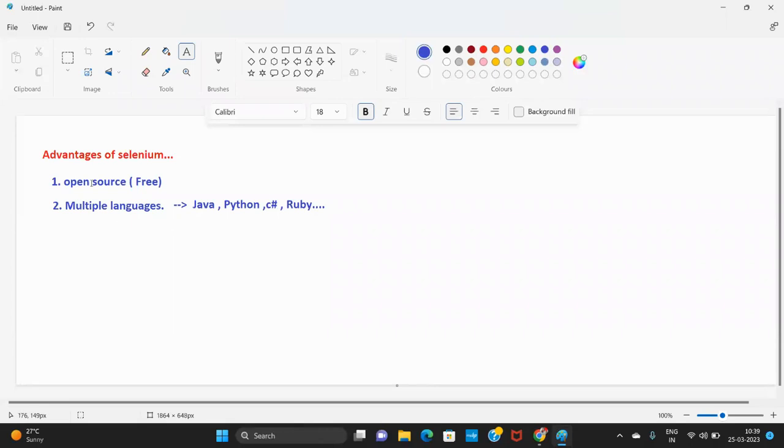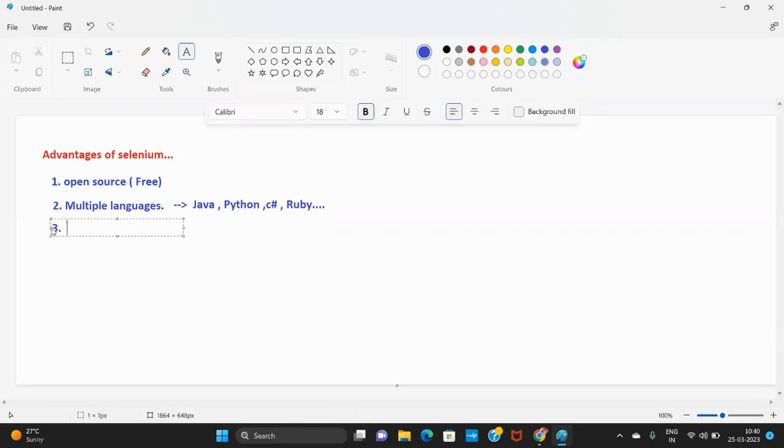For example, some other tools we have, the reason we are not using those tools is that a few of them do not give compatibility like Selenium. I mean to say this supports multiple languages, and it's also an open source tool. Other tools stick to some particular language, so they will not support multiple languages the way Selenium does. And one more thing is